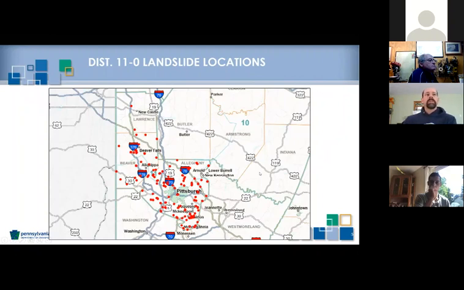Okay, PennDOT District 11 is 3 counties in western Pennsylvania. It is Allegheny, Beaver, and Lawrence counties. Just due to the different stratigraphy, most of our landslides are in Allegheny and Beaver. Lawrence is a different type of underlying conditions, so we don't really have too many there, whereas you have lots of mountainous and river environments here in the Pittsburgh and Beaver area, so that's where we see most of our action. So these were, at the time that I took this, all the different landslides that we were tracking.